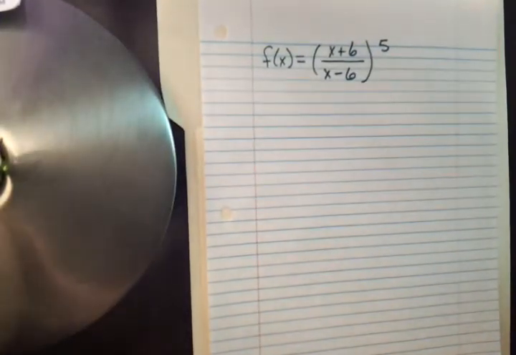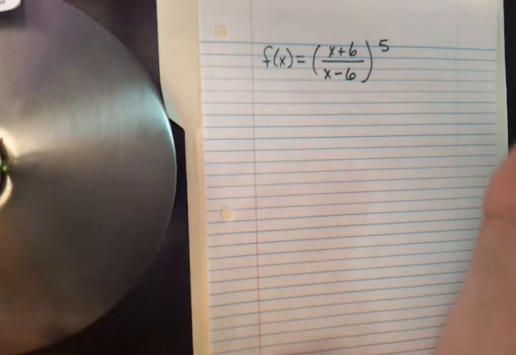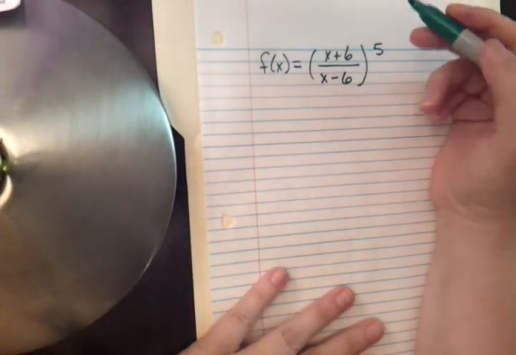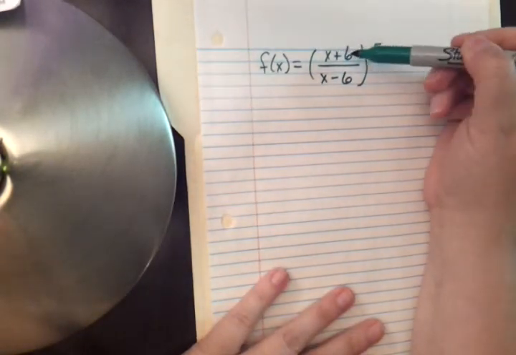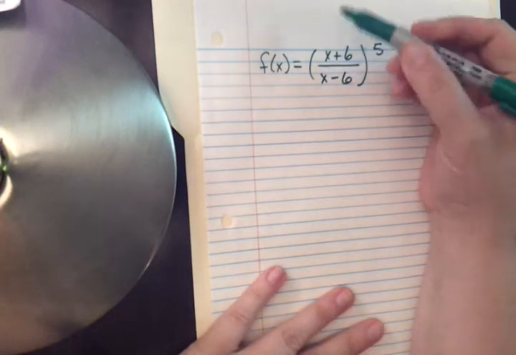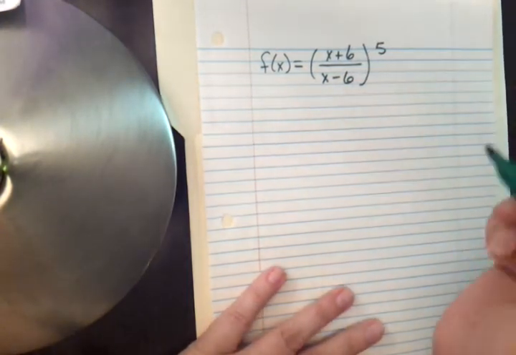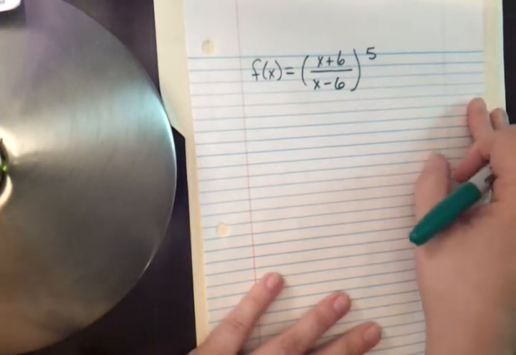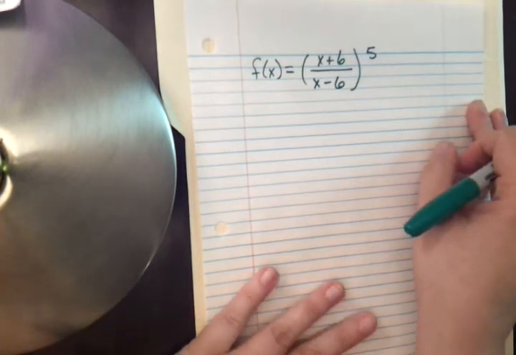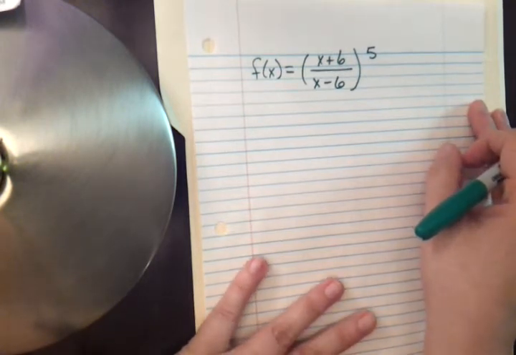Okay, let's take a look at question 9 from homework 6. This one is asking us to find a derivative. That shouldn't be any surprise at this point. And the function that they've given us is x plus 6 over x minus 6, and that whole quantity to the 5th power. Okay, so just like with the last question, question 8, you're looking at it and you're thinking,